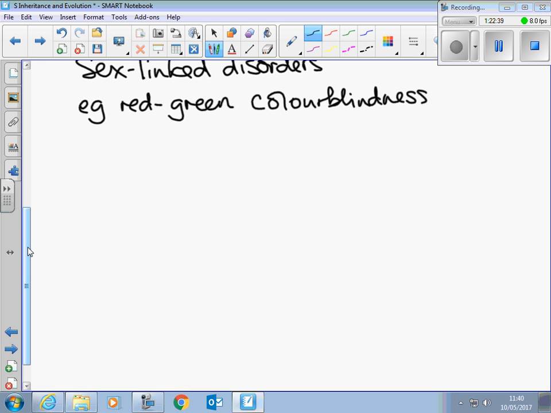It's a sort of reddy green, which is pretty much brown, isn't it? But let's take C for colour. If that's normal, and that's colourblind, then the way that we would represent the possible genotypes that you could have